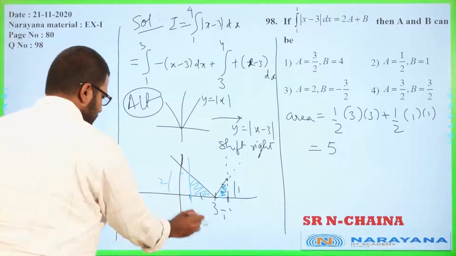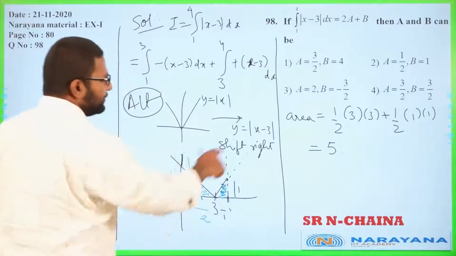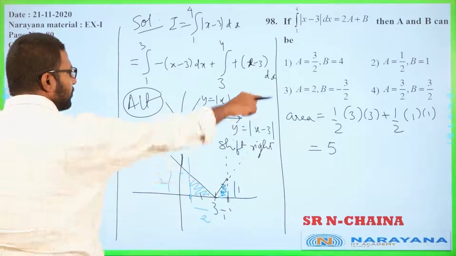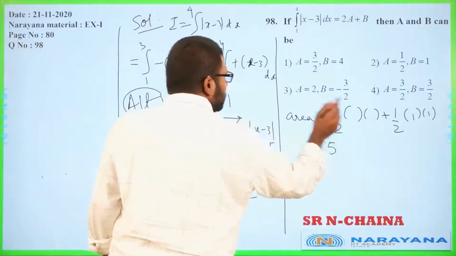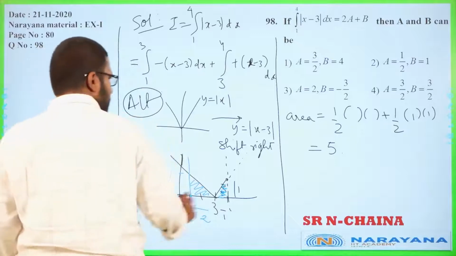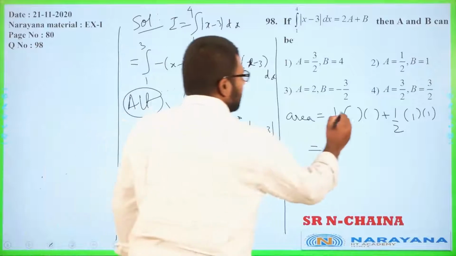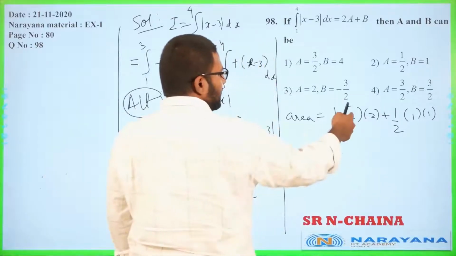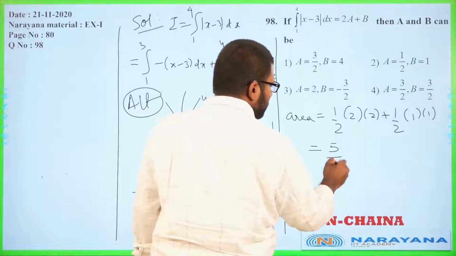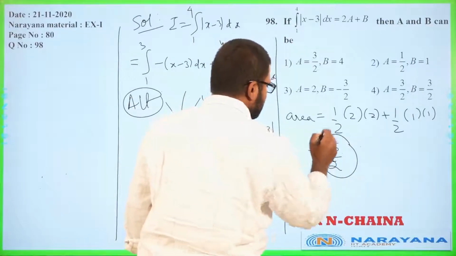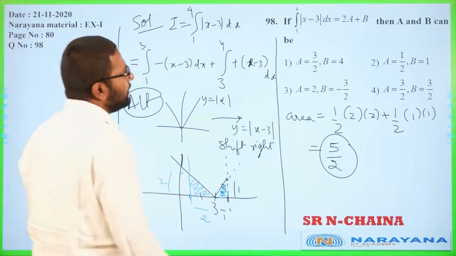Remove this also. So this is 2, so that will also change now. The first part will be half of 2 into 2. Two into 2, so that now makes it 4 by 2 plus 1 by 2, 5 by 2. Okay, this area is 5 by 2 units, and now check 2a plus b.